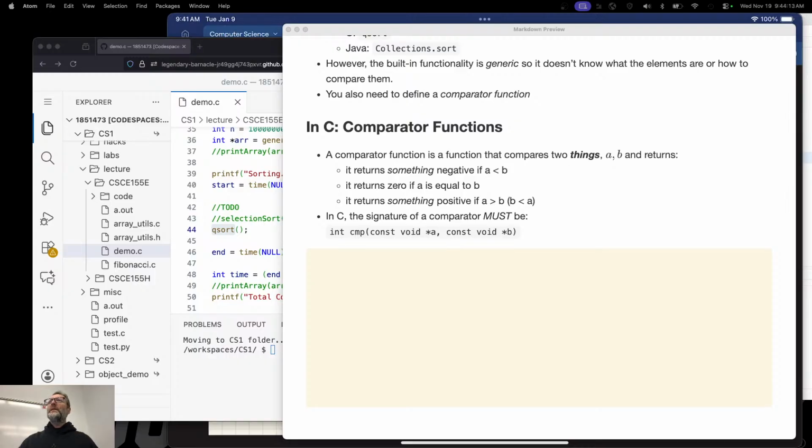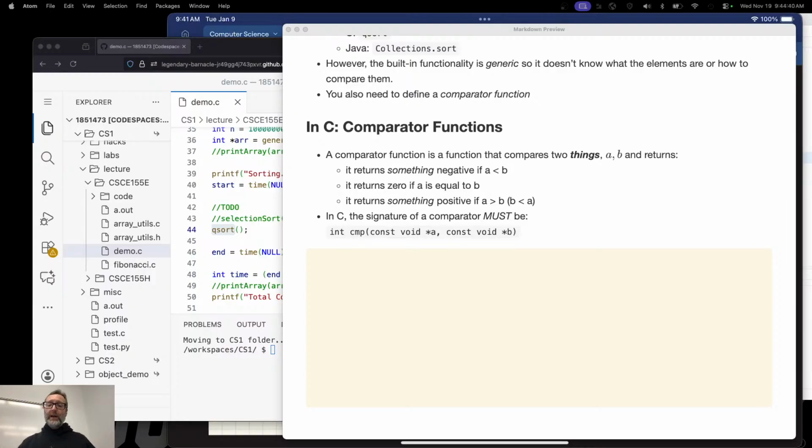Where have we seen that? Malloc returns a generic void pointer to a memory location that it just allocated for you, and then you can cast it to whatever you want. You can turn it into an integer pointer or a double pointer. In fact, we'll do that inside the function. But this is how it achieves its genericness.